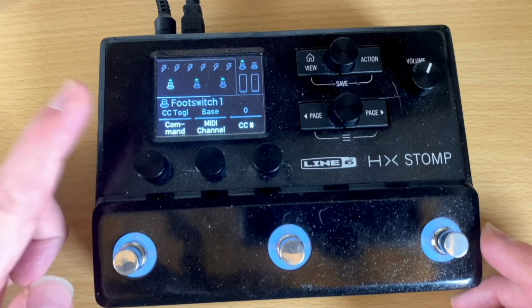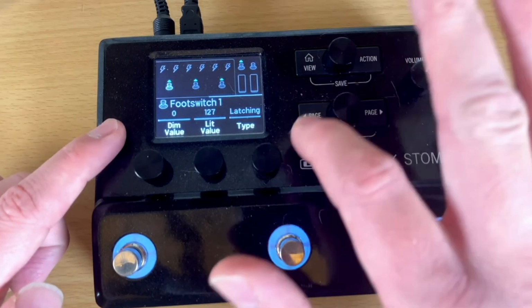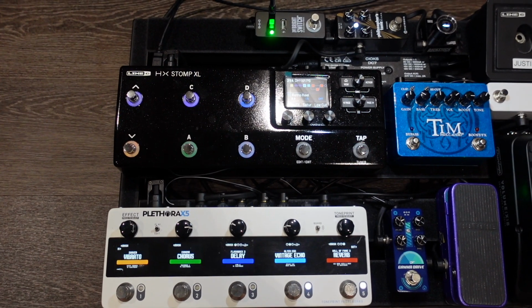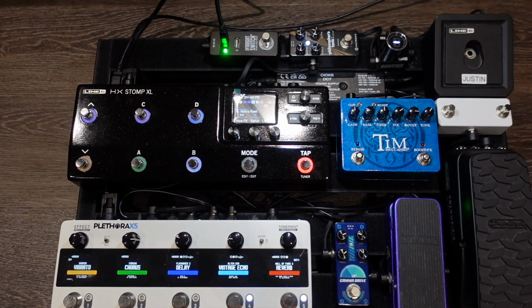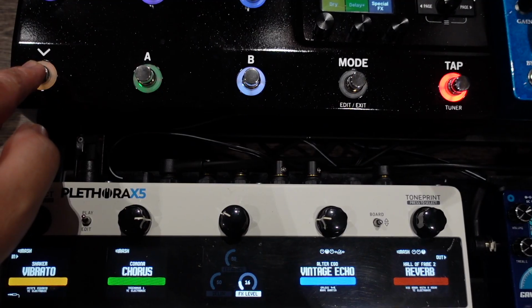Benefit number one, you won't need an external MIDI controller. Both the Stomp and the XL have a powerful feature that will help you cut costs and save space on your board. Command Center, the secret weapon of the Helix ecosystem. My XL board has the TC Electronic Plethora X5, which I'm using for my modulation and time-based effects. Hooking up a MIDI cable and consulting the MIDI implementation table for the Plethora X5, I could assign 2 buttons